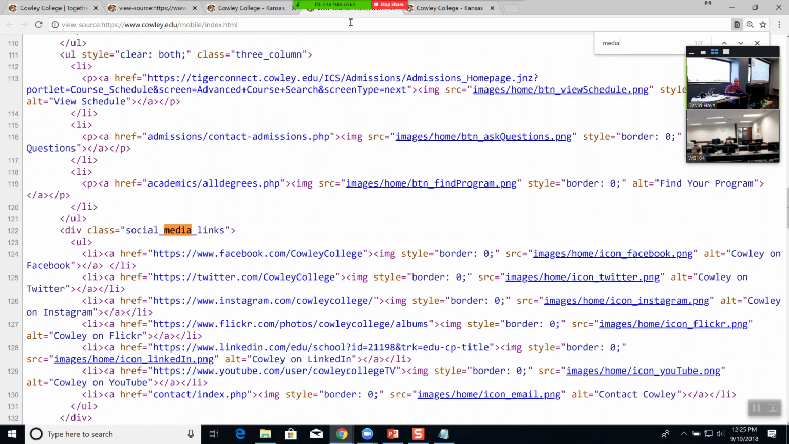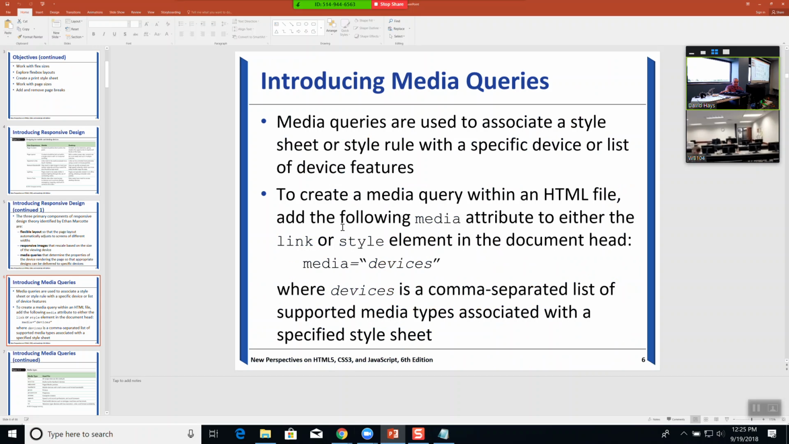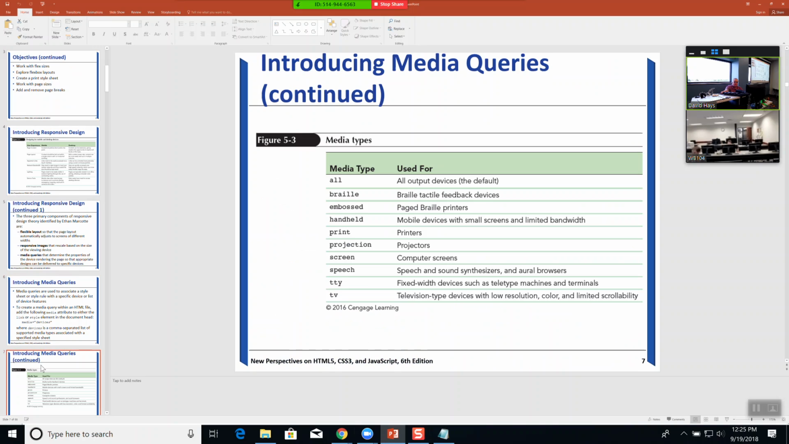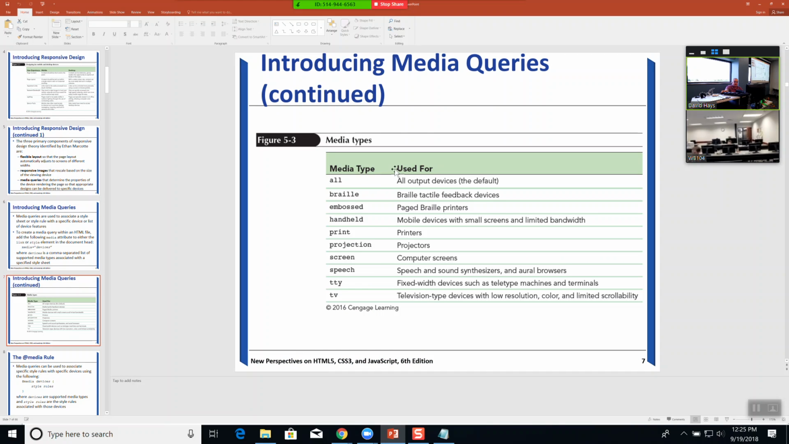I'm seeing media there. Okay. Here's some of your media types. All output devices, the default. Braille. I have no clue what that is. They do have Braille printers, such that if you have a Word document, you can print it and it prints in Braille. Embossed, paged Braille printers,